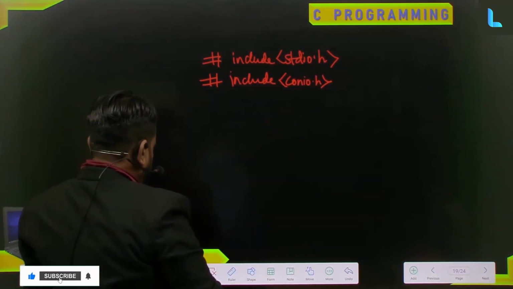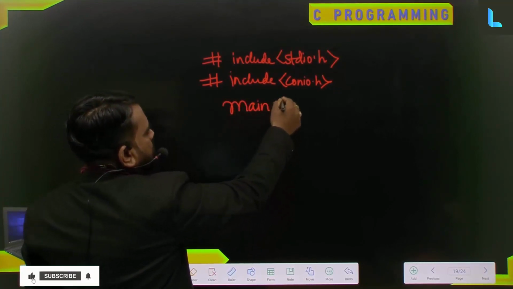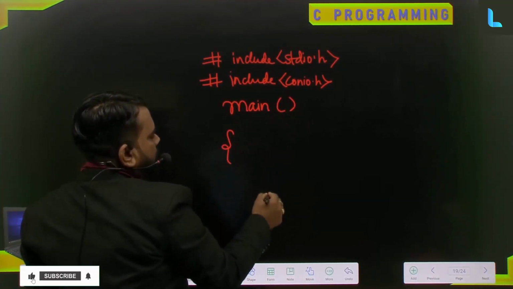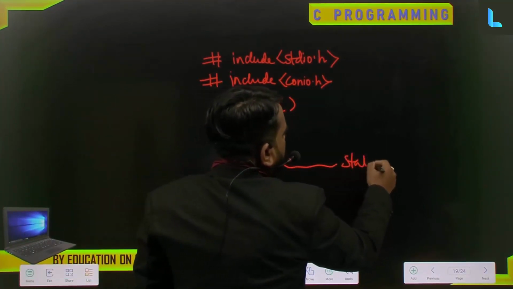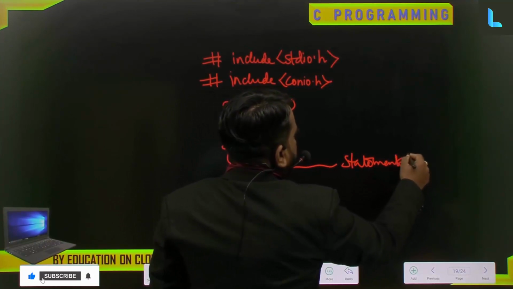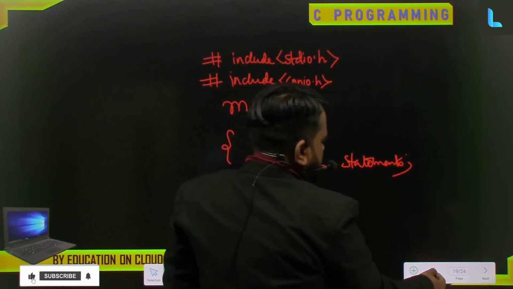So how do we write the main function? Simply write main and the block. In between the block, whatever statements we are going to use in our program have to be mentioned with a semicolon. So you can see here,